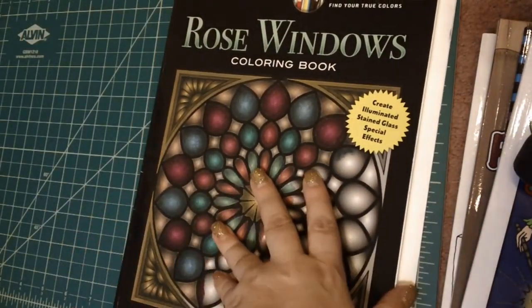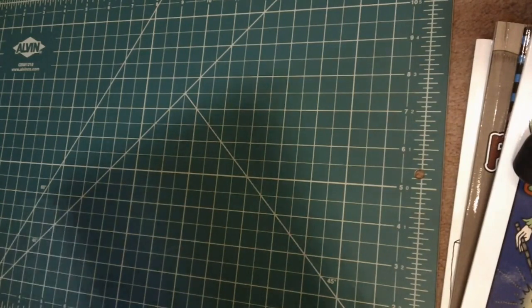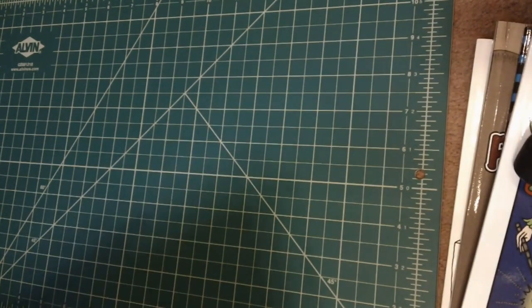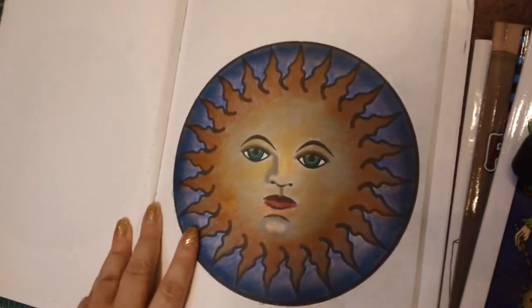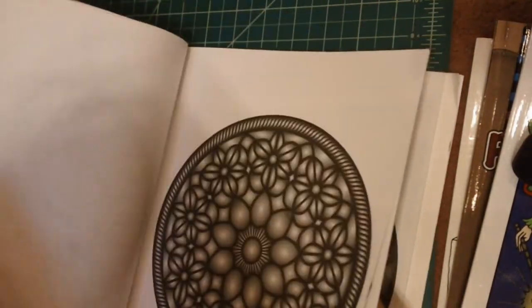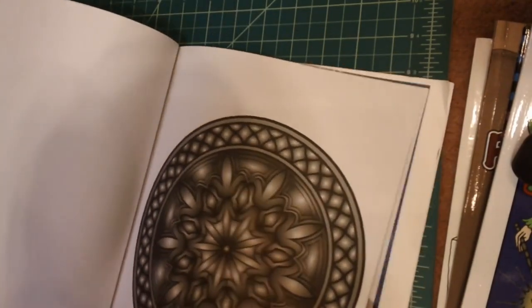This is a Creative Haven one. And I've done several in this one. Let's see. Let me try to find them. Okay, there's one I did. I think I did that on camera with you guys. And let's see what else we have. Okay, here is...